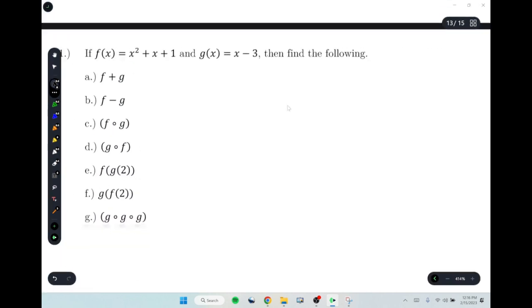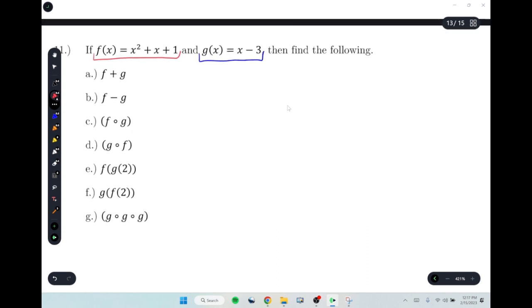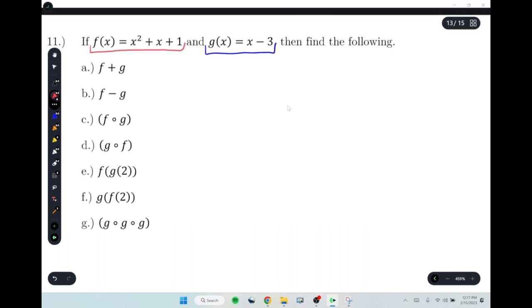All right, so 11, we've got two functions. We've got a red function and a blue function. And it's really good to keep them like that as we go. So which of these 7 problems do we want to start with? You said just do one, but they're all different. Can we do G? G is pretty tough. Okay, so G technically means